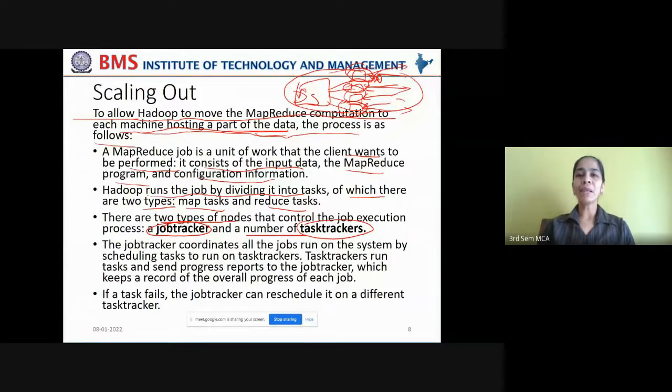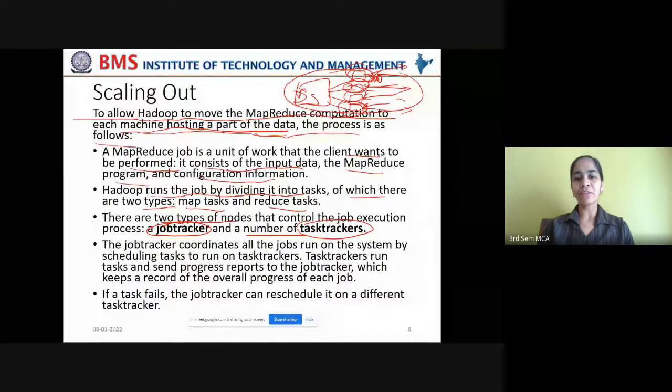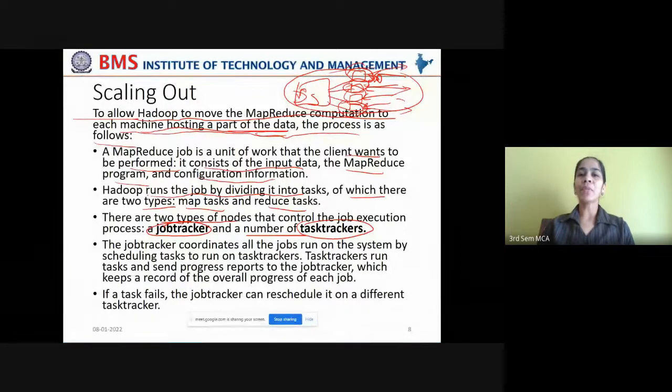I already explained to you about the Hadoop daemons that should be running on an HDFS cluster in order to execute a MapReduce framework. Now, what are those daemons? Do you remember? Can anyone list out those Hadoop daemons that should be up and running in order to execute a MapReduce task on an HDFS cluster? Can anyone name those 5 Hadoop daemons? You already have 2 in front of you, so the other 3 you have to mention.